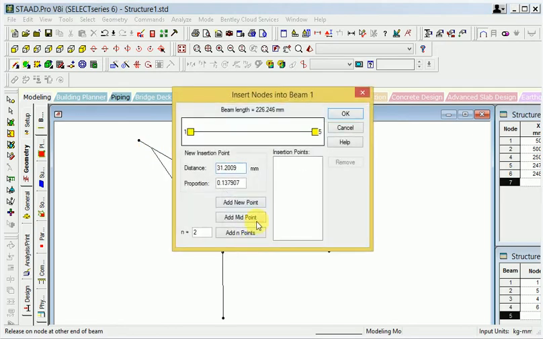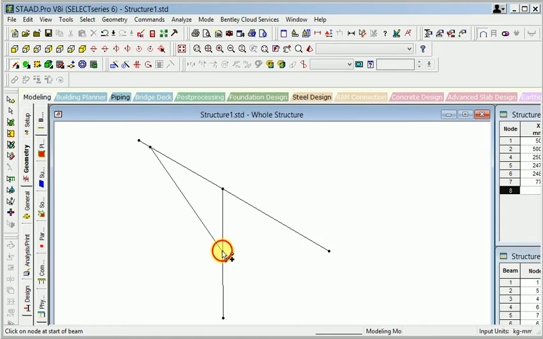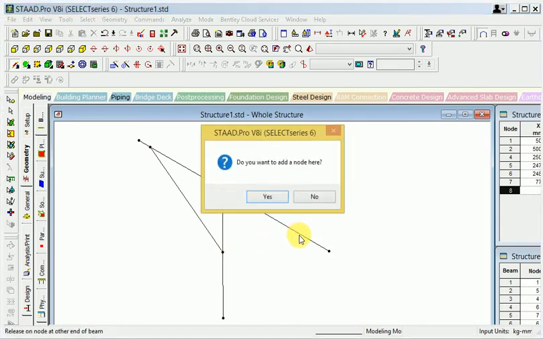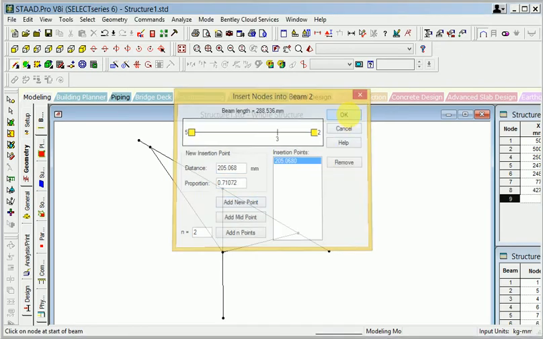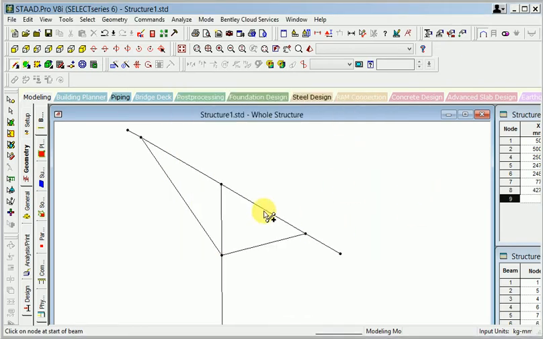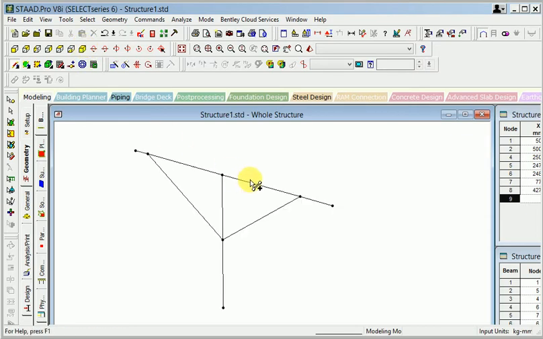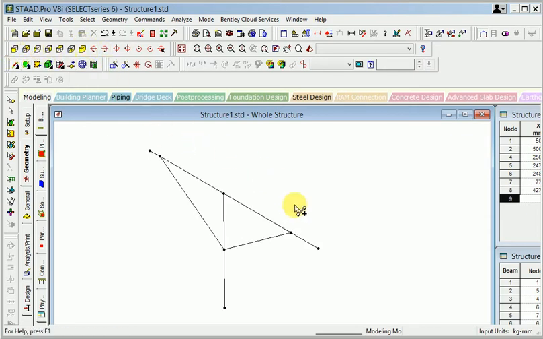Same thing again, I show you start from this point to this point. So look at this. This is the isometric view and this is called front view.